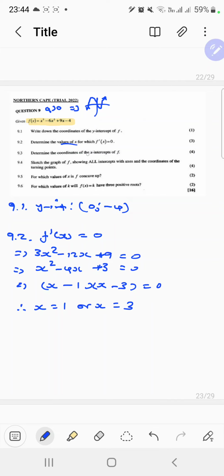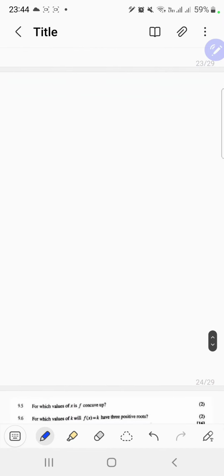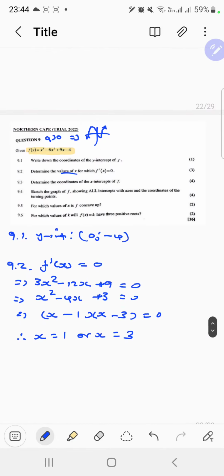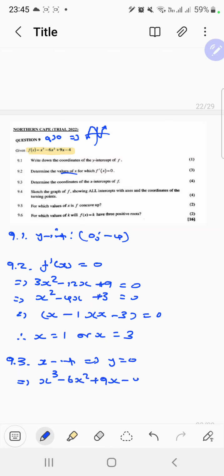Now it says determine the coordinates of the x-intercepts of f. Okay, let's start here. So 9.3. The coordinates of the x-intercepts of f. Okay, so of course we know that for x-intercepts it implies that y must be 0. This implies that x cubed minus 6x squared plus 9x minus 4